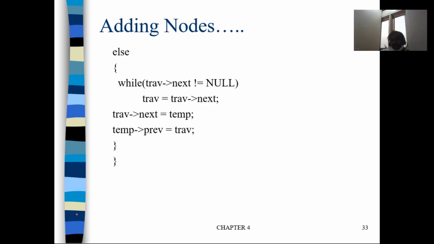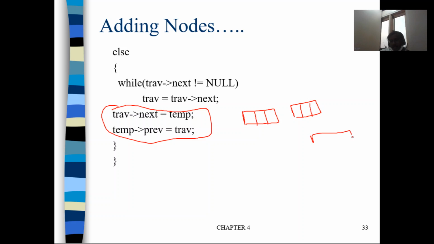Okay, fine. So there are 2 pointers. This is the actual core logic. If you understand this, I think everything is done. If you want me to explain again, assume that already there are 2 nodes, and this is the new node which we are going to add. The new node is referred to as what? Traverse.